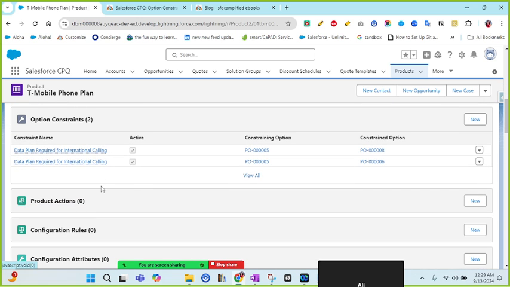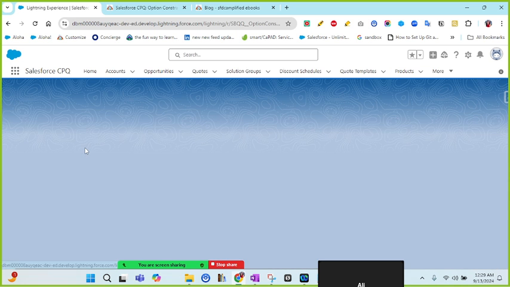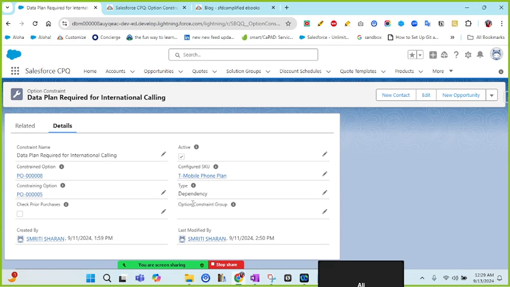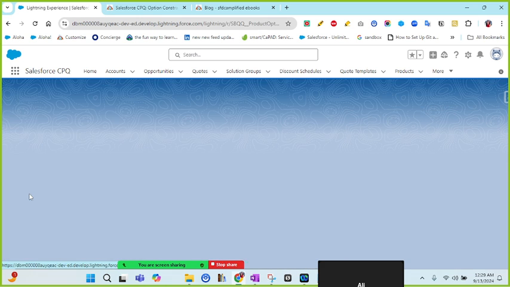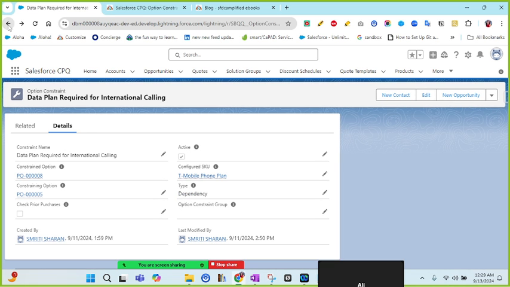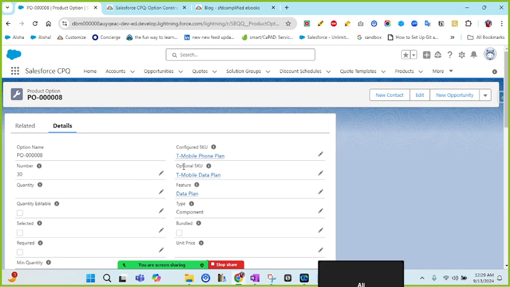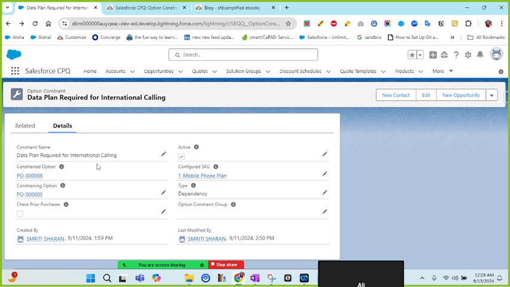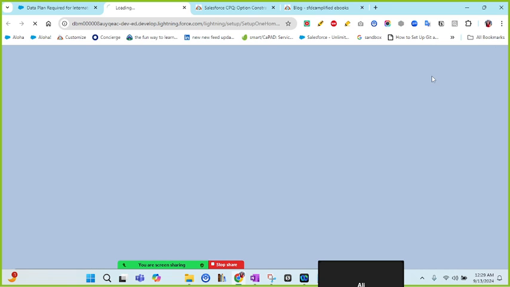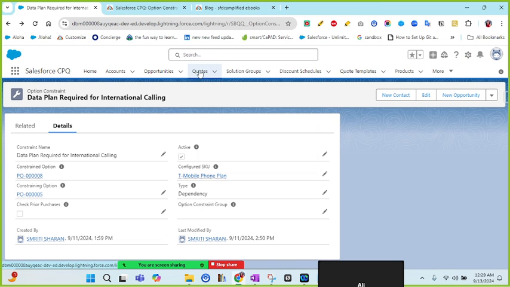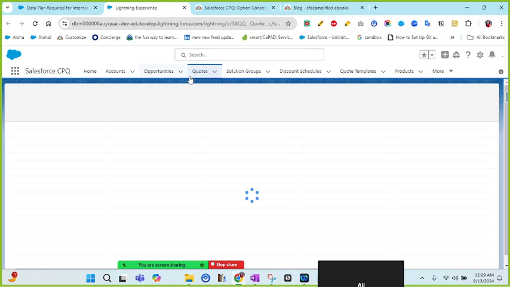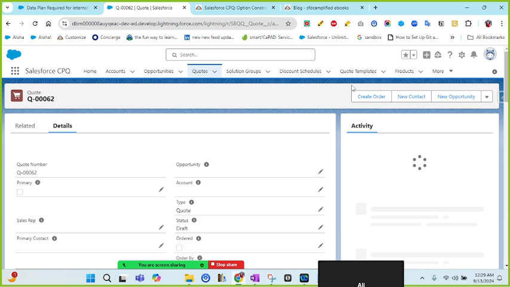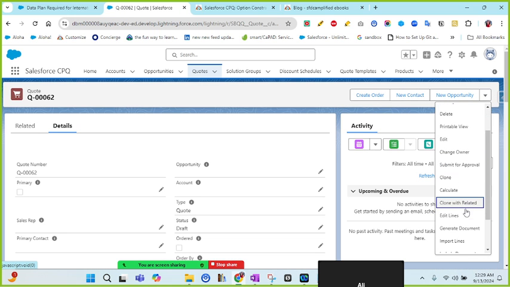Okay. So we have option constraint. We will see how exactly we make it work. But before that, let me open that. So we are saying that when we select international calling, the T-Mobile data plan should get selected. Okay, that's what we want to do. Let's see how that works, and we will then understand how we have to set it up. So let me go to quotes, edit lines,